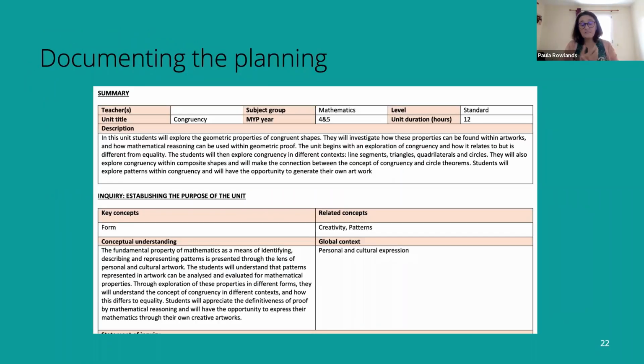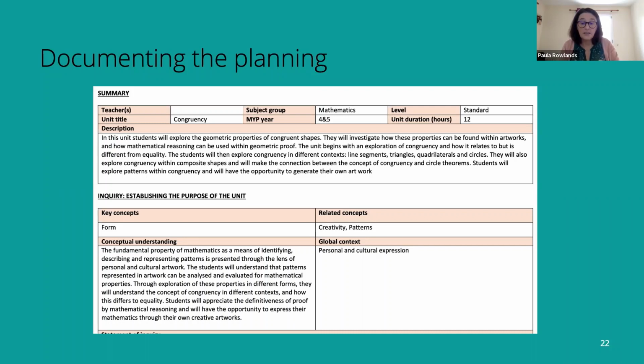And then once the ideas have formed, then I start documenting the planning. So I'll just show now how my ideas for the unit can be documented in a unit plan. And I love the unit plan because it makes sure that it all knits together well. It helps you to catch any little gaps that you might have in your unit. So on the screen here, there's an example of the Pearson unit plan that goes with the congruency chapter. So you can see that there's a description of what the unit hopes to achieve, what I hope the students will understand, what they will do,